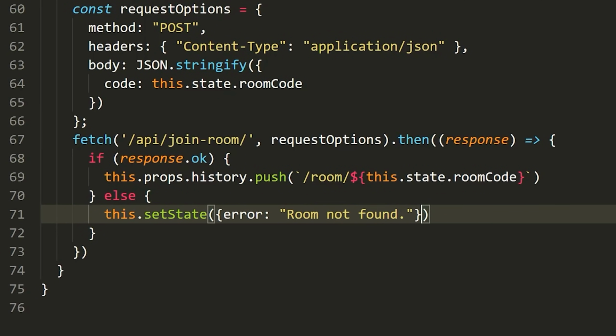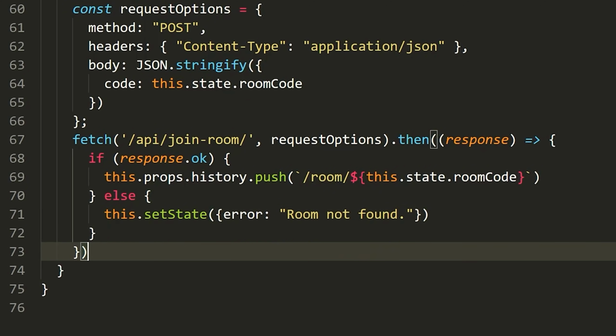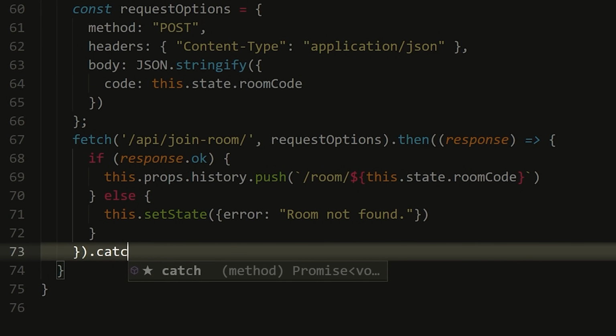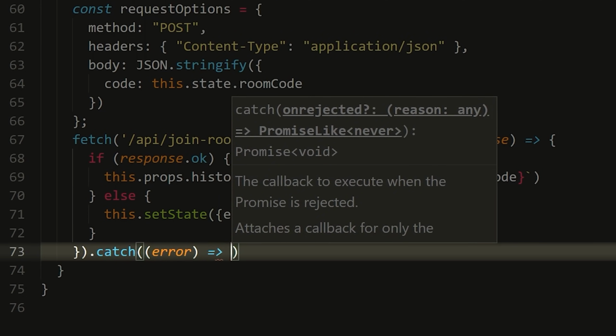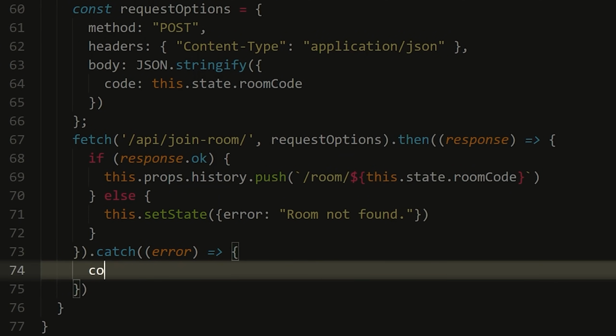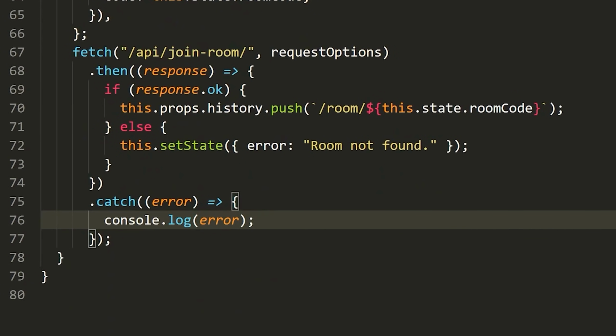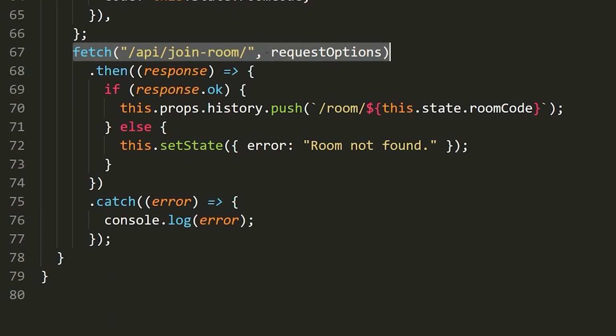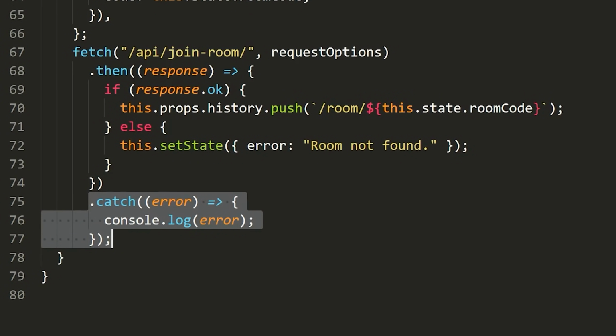And then lastly, I guess from here, we could return something if we want. We don't really need to return anything, but we can just say .catch like that. Here we can catch the error, and then we can simply console.log this error in case we want to see what this is. Now, this catch will only happen if for some reason sending this request does actually throw an error for us. And if it does, we'll just print that out to the screen.